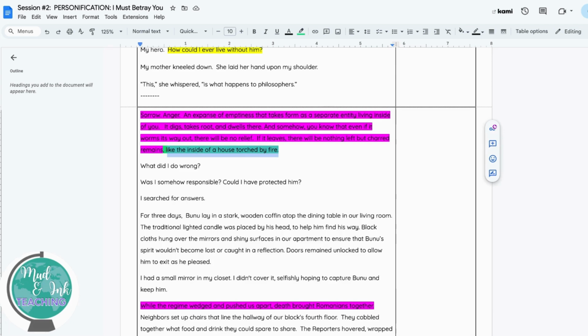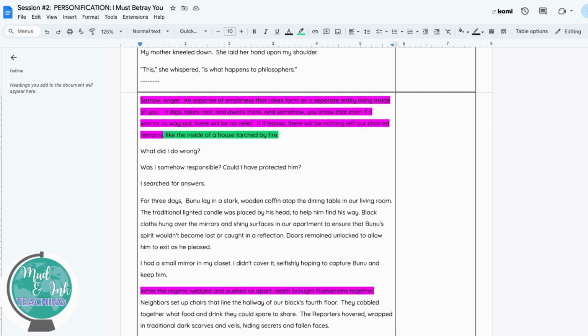I think it goes even further to think that the personification relies on words like dig and root and dwelling. I mean, this is his family. It is quite literally his family tree, what he is connected to so closely. And so he's feeling this death in a way that he feels inside of him. He feels it so closely.